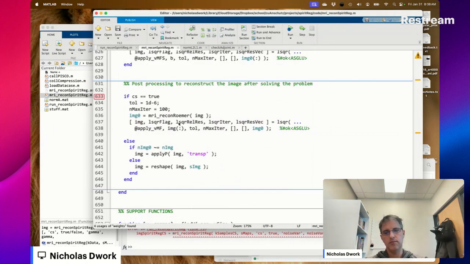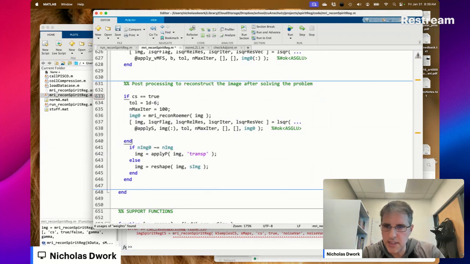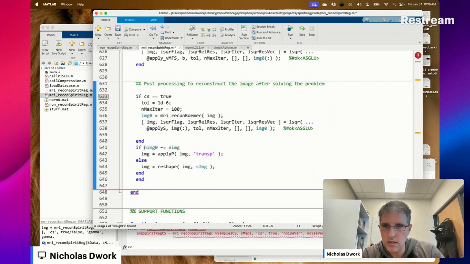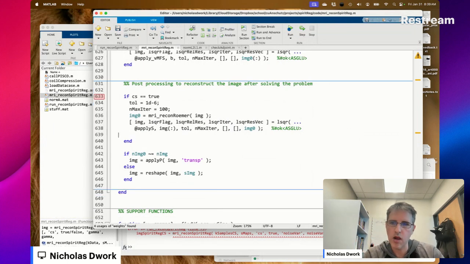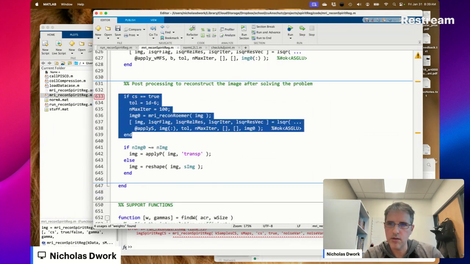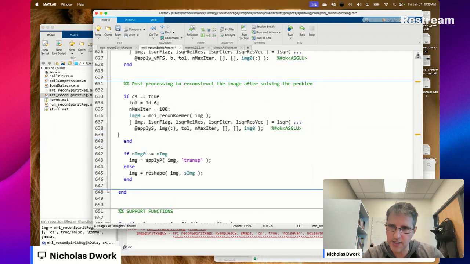What? Oh, this should just be apply S. Okay. So let's do what I said a second ago. Or is it the other way around? It's clearly not. Okay, so I think I was wrong.